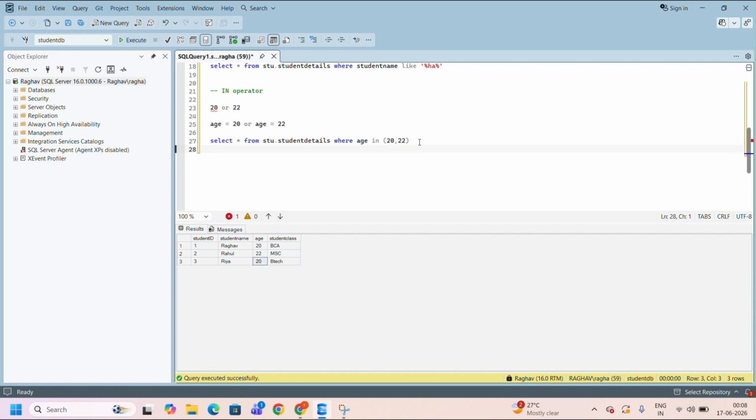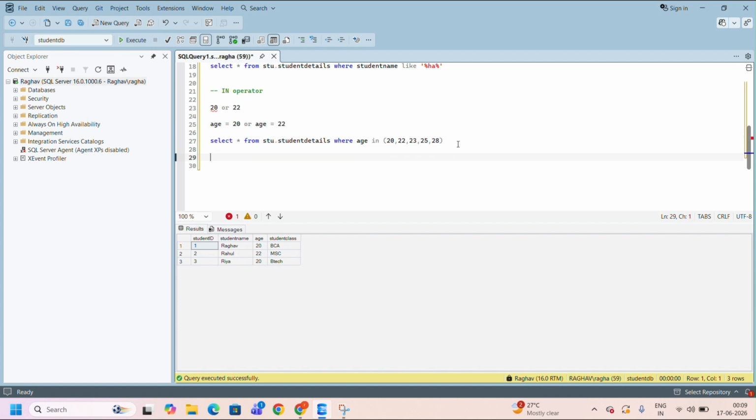So this is like, give me records matching any values from this list. Here we can give more conditions if we have more in the list, like 23, 25, 28, and if we execute and if we have the records, then we will get the result. Currently we don't have the data. Okay,